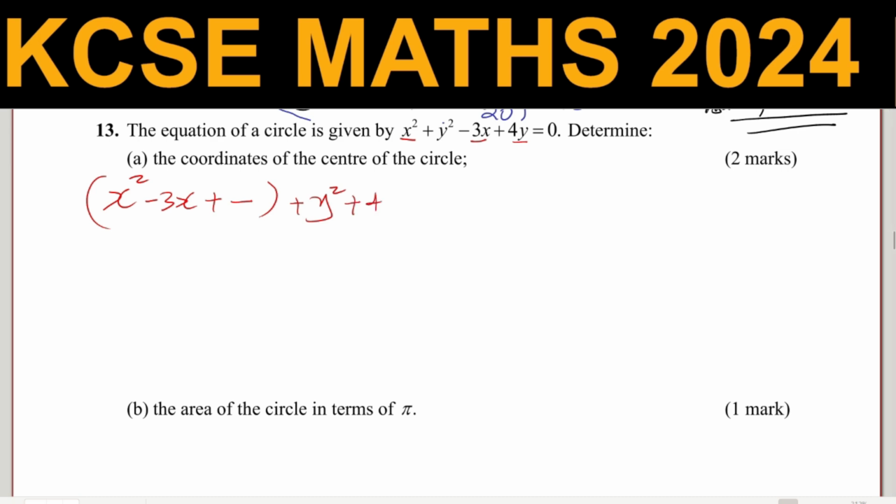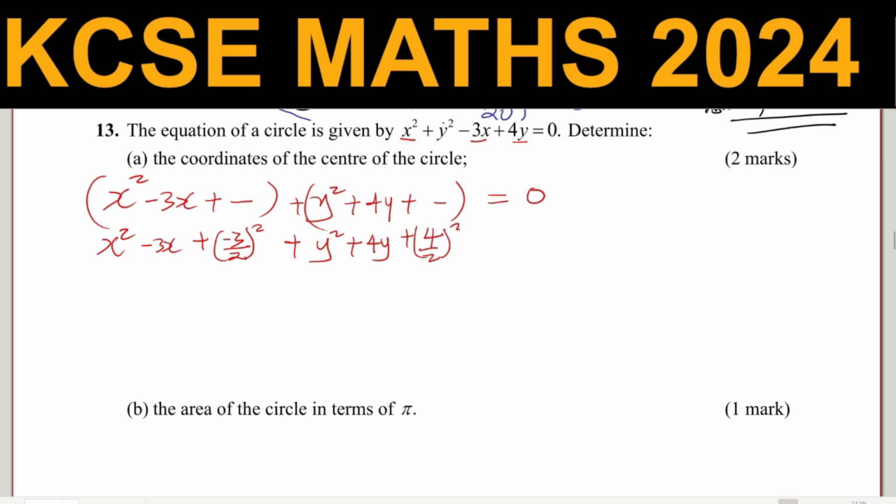Plus 4y, we need to complete that square, and this one equals 0. So to complete this square, x squared minus 3x, you know how to do this. You simply divide the coefficient of x, which is negative 3, by 2, and you square that. And then for y, this is 4y, get the coefficient of y, which is 4, divide that by 2, and then you square that, equals to, now whatever you added